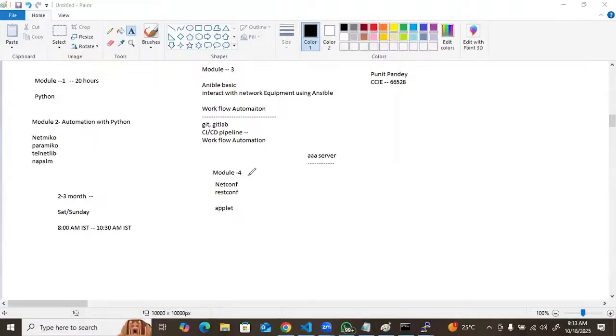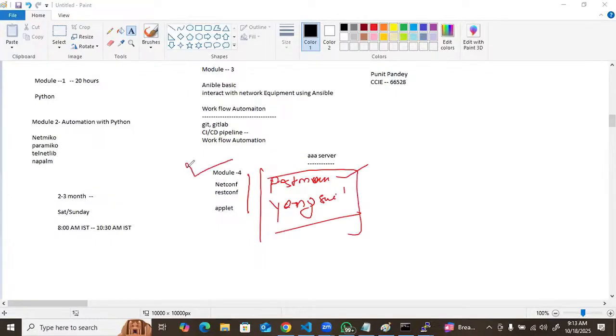So there I will discuss two tools: one is Postman, which uses the REST API, and I will discuss Yang Suite for netconf. So I will discuss the APIs in module number 4.